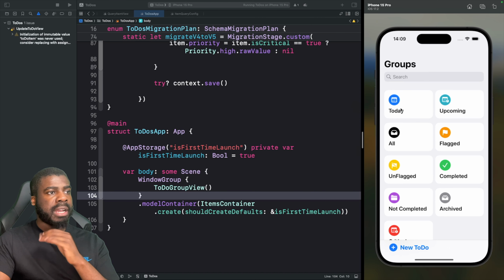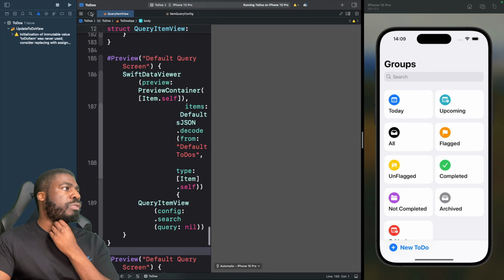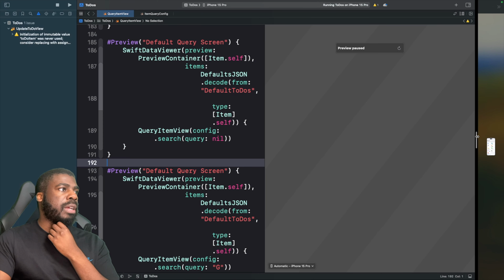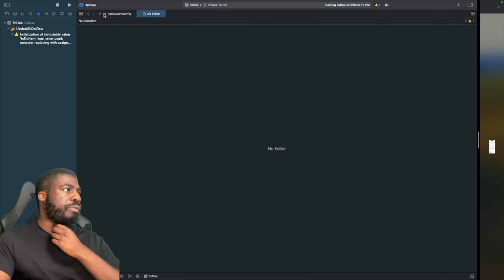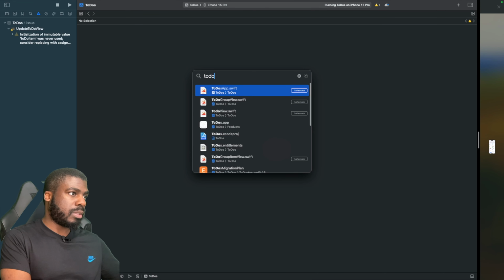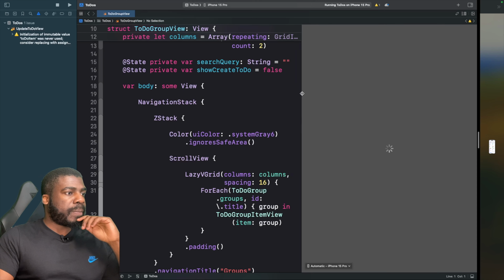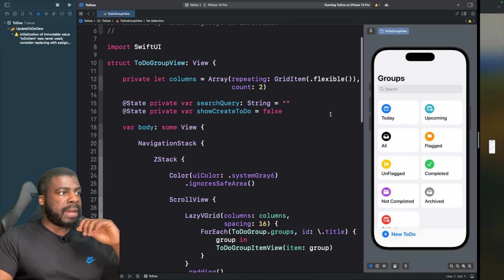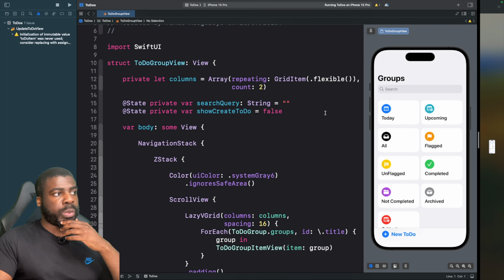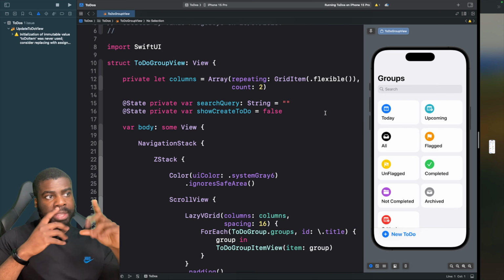So let's first of all just tackle showing our to-dos if we were to search on this screen directly. On our to-do group view, we'll just dismiss this to give us some space. Let's go to our to-do group view. If we just get this running on a SwiftUI preview. Okay, cool. You'll see that we have this search bar, and we have this state property at the top called search query. So what we want to do is, depending on what someone has typed in, if this text is